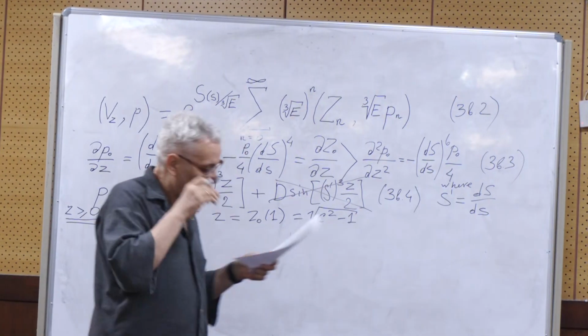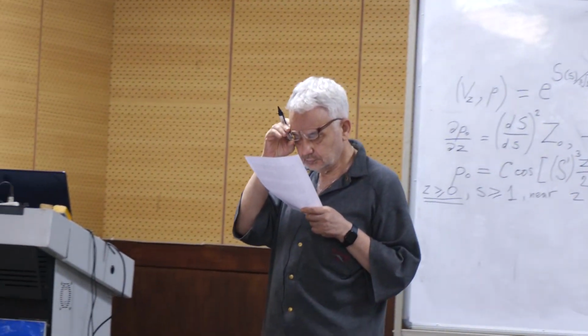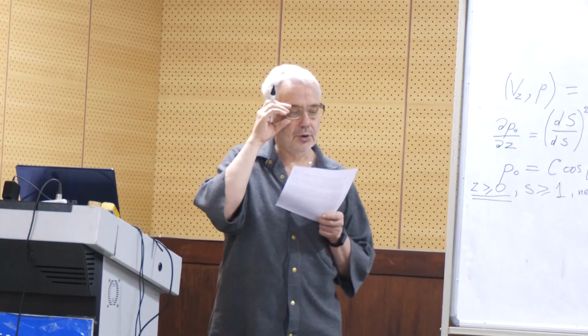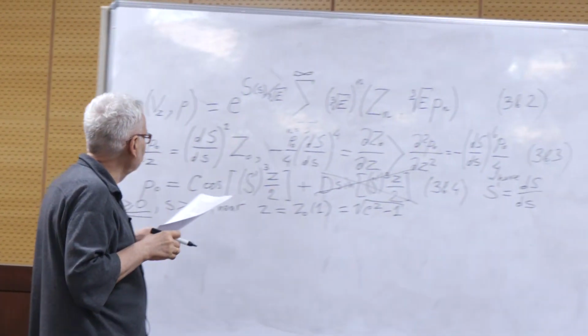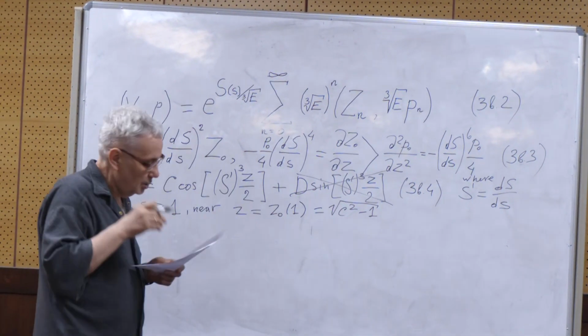So here the vertical component of the velocity described in formula 3 by the function z naught,